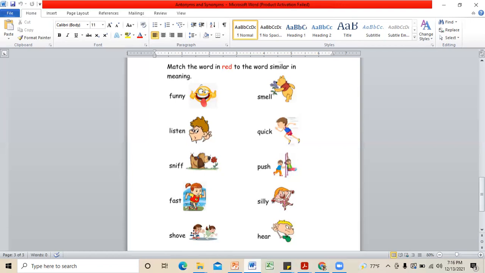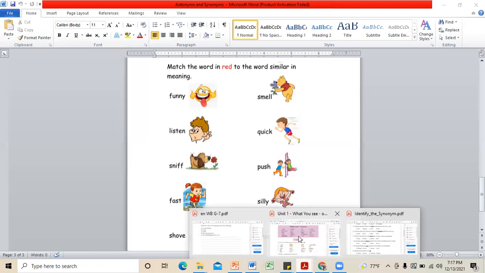So what is the fifth word? Shove, right? The word is shove. So can Bhashita try? What do we mean by shove? Push. Yes, very good, Bhashita. You can see from the picture itself, this boy is pushing the girl, and here also you can see in the swing the boy is pushing the girl. So we can say shove and push are synonyms, right? So those are the answers for this activity.